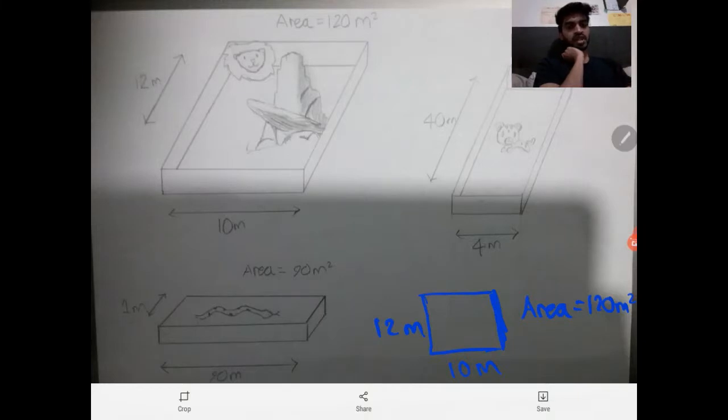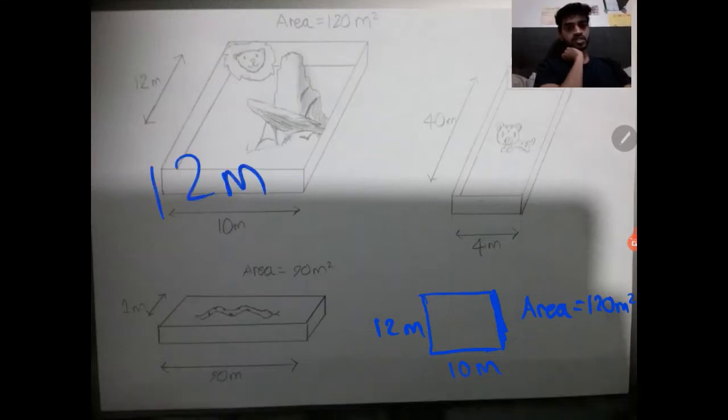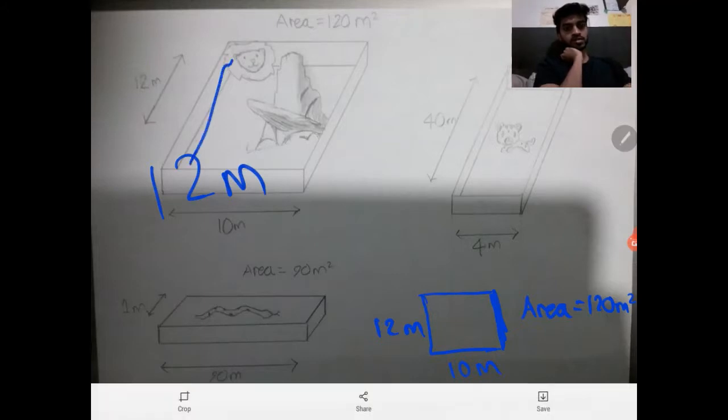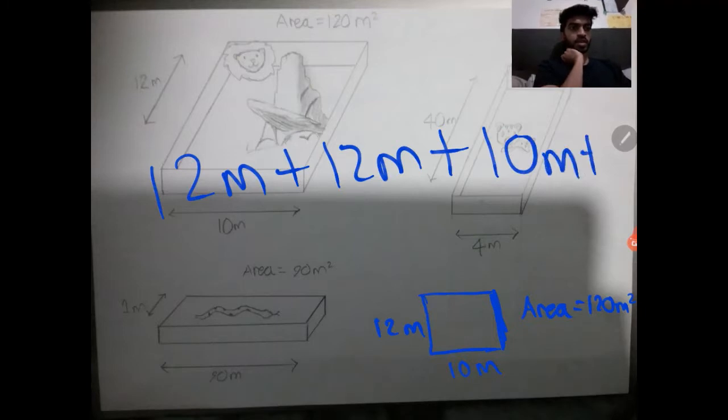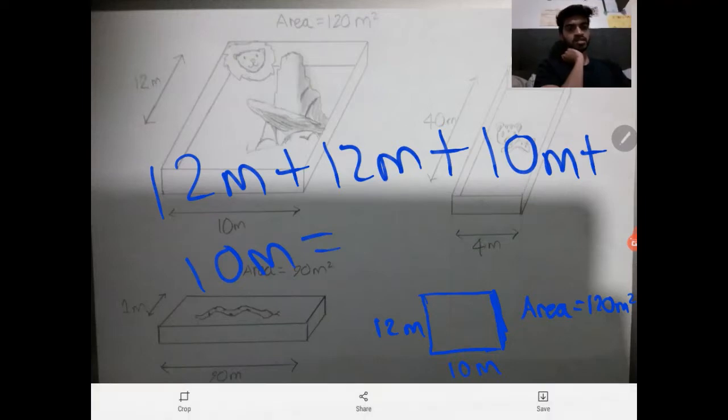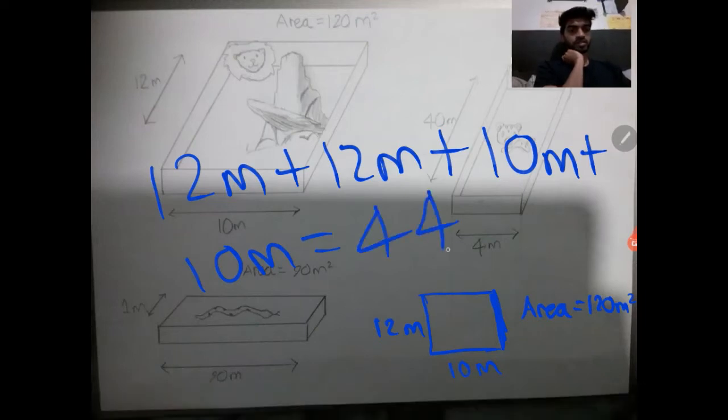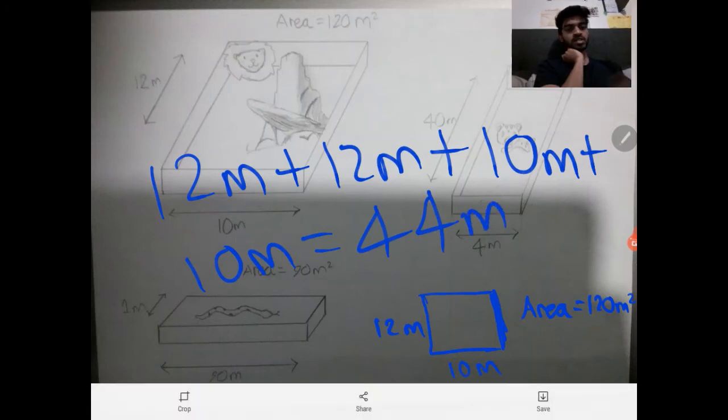So for example, the lion enclosure, to calculate the perimeter, I have to add up all of the sides. So it would be 12 meters, that's one side, plus 12 meters, that's the opposite side, plus 10 meters, that's the shorter side, plus one more 10 meter. And altogether there should be 4 sides because the rectangle has 4 sides. 12 plus 12 is 24, 34, 44. So 44 meters would be the perimeter. You can write this on a separate sheet